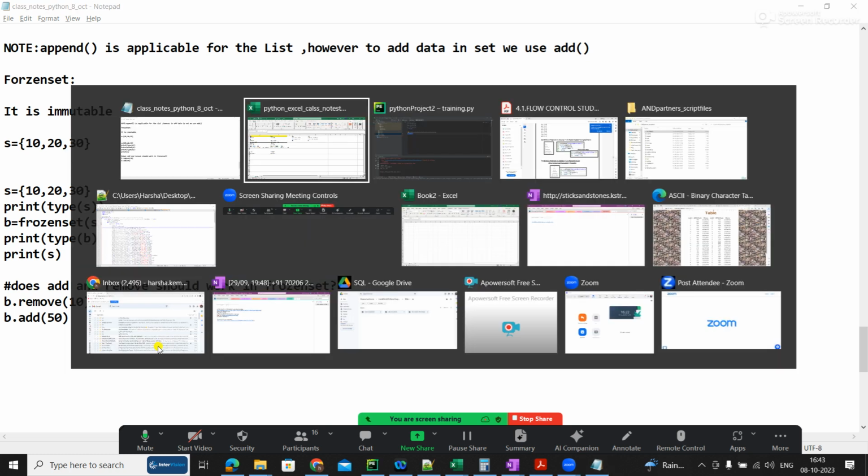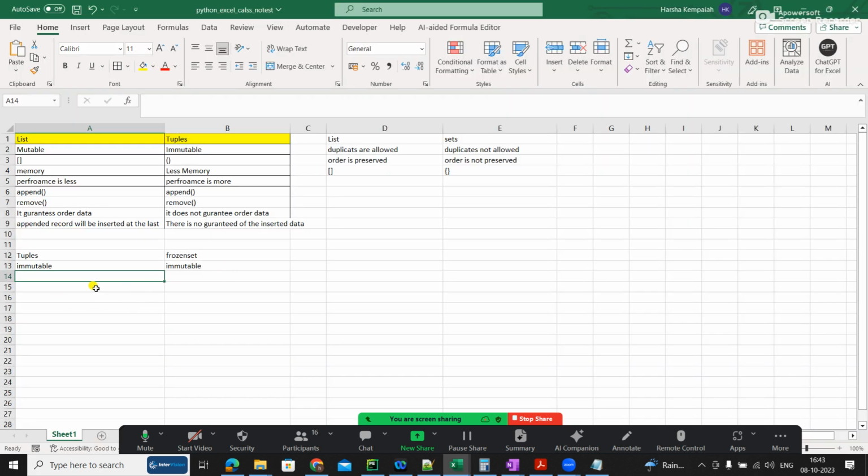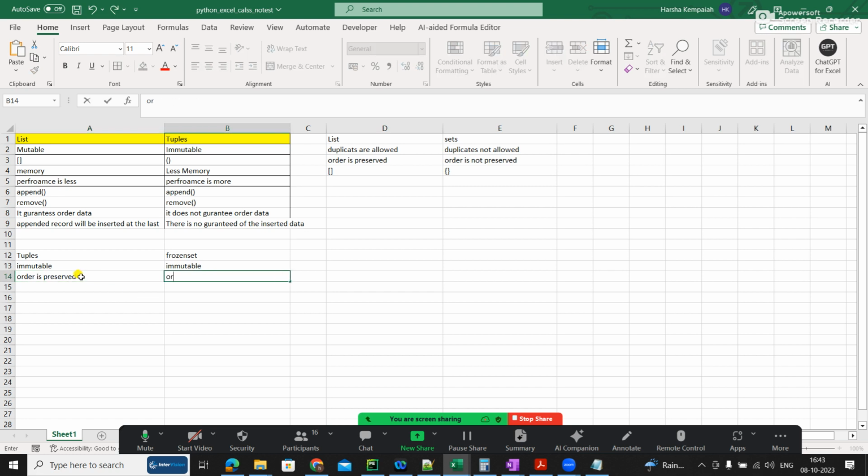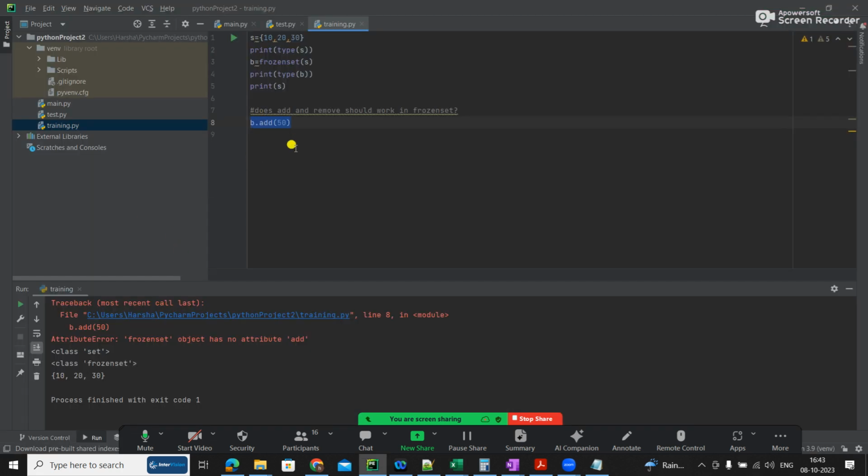Okay, so I will just do tuples and this one, a couple of points, and we will take a break. Is order preserved? Order is not applicable. Frozen set order is the same as set. The remaining are the same as set only. Duplicates are not allowed, as we already saw.